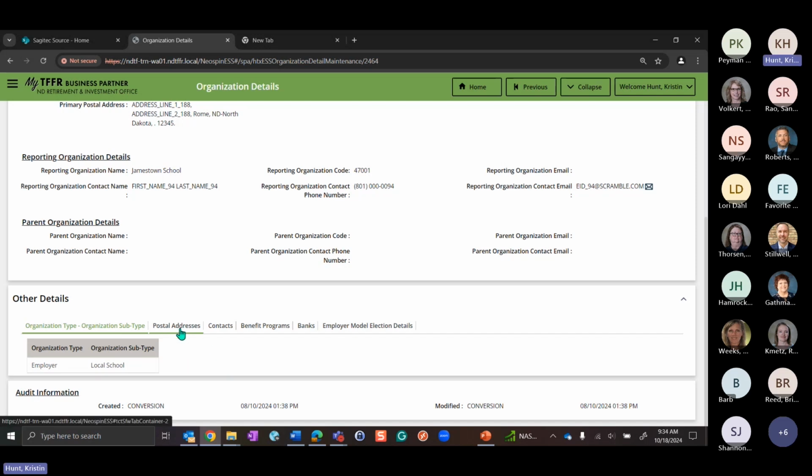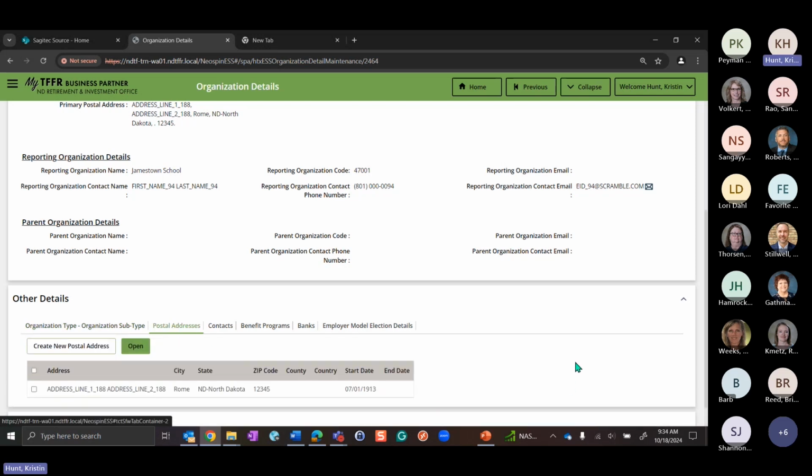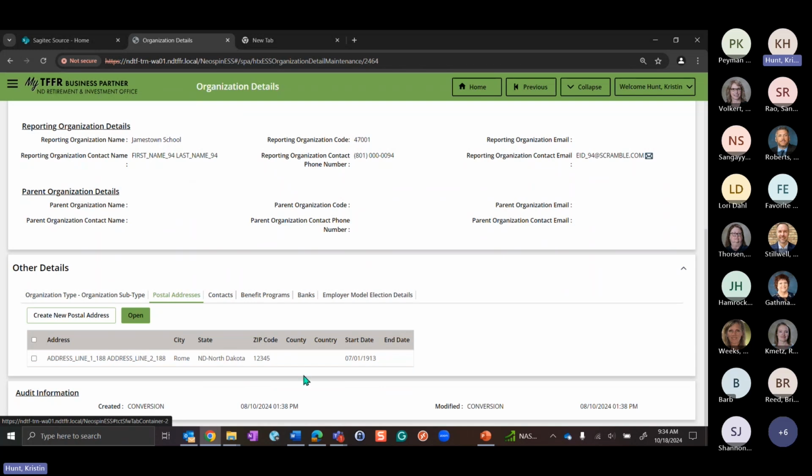The next tab shows me the address for the organization. We only have one here, but if they were to move, you would see the record history of all the different addresses associated with this organization.